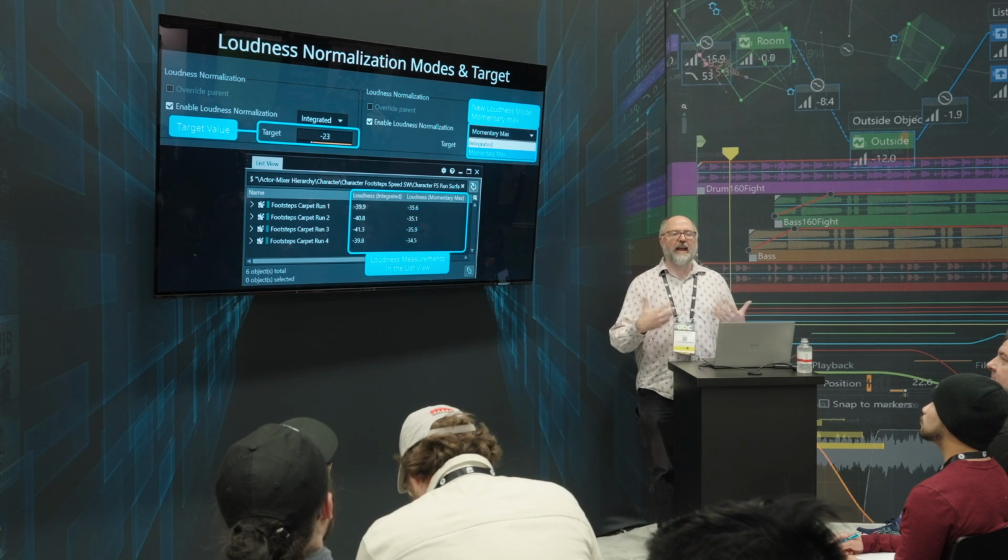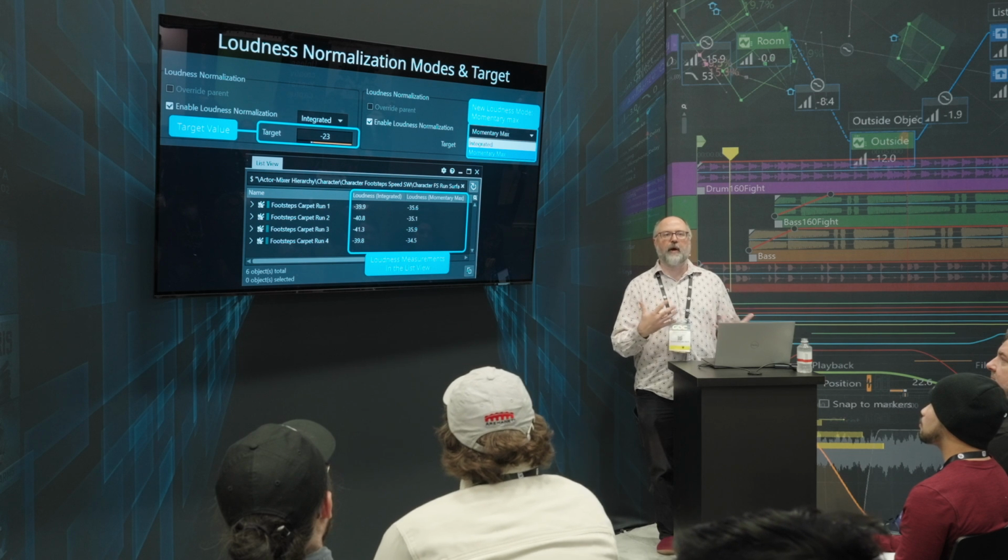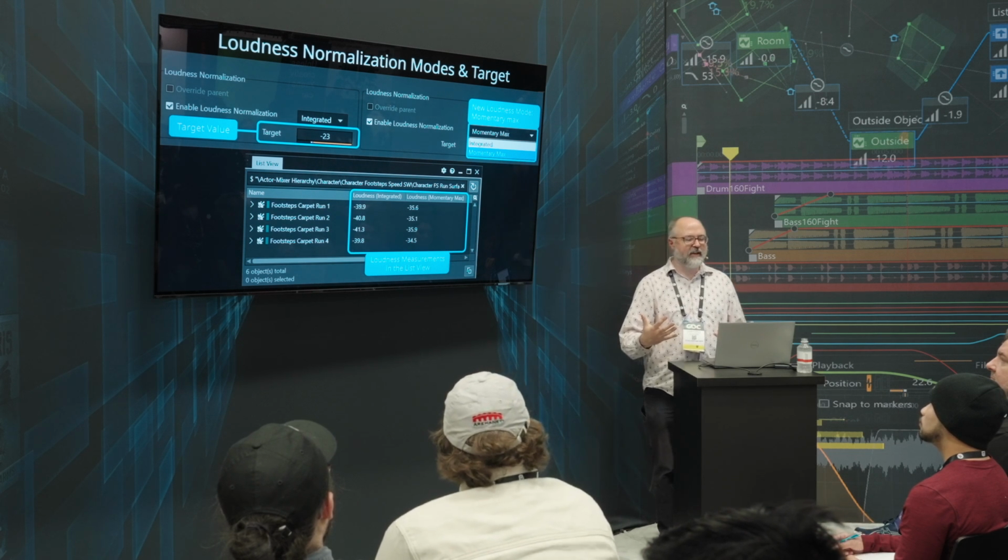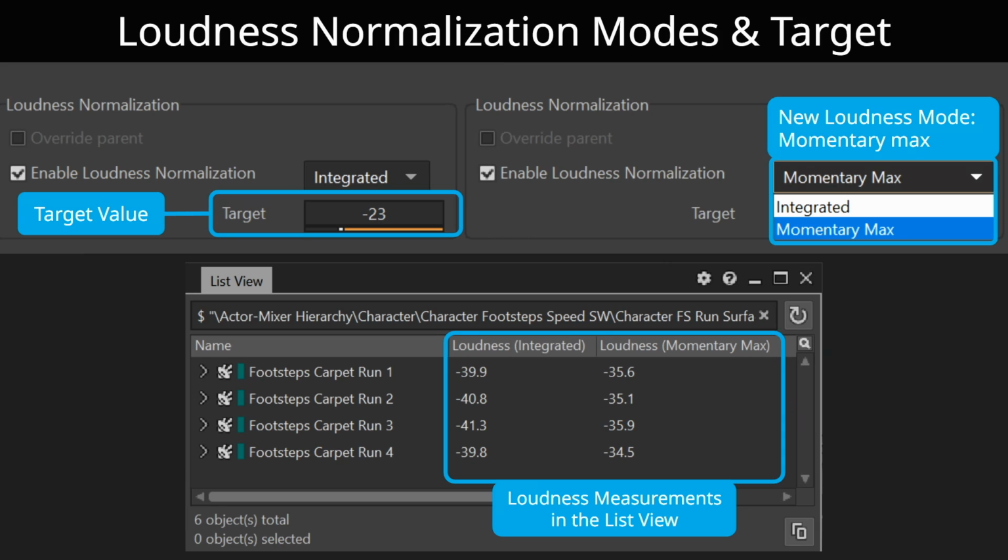ensure that by enabling loudness normalization in your project across categories, you can mix with confidence and count on any dynamic mixing systems like HDR audio in Wwise or sidechaining. You can count on these things operating with consistency because loudness normalization will automatically bring them to a place that you can trust across your project.